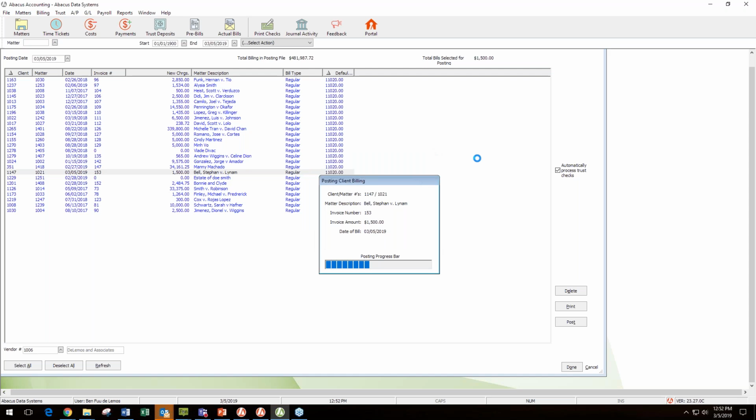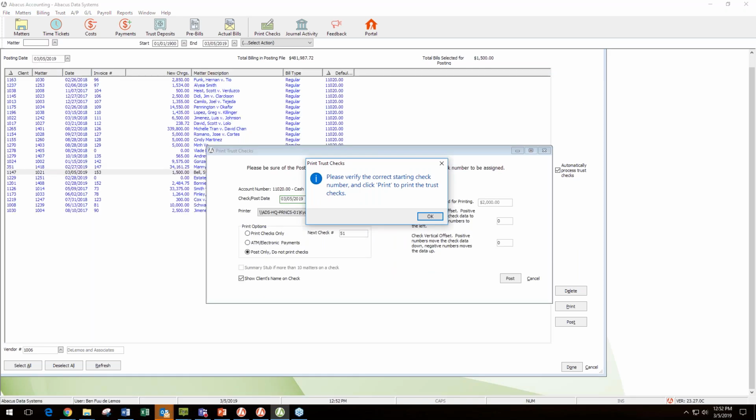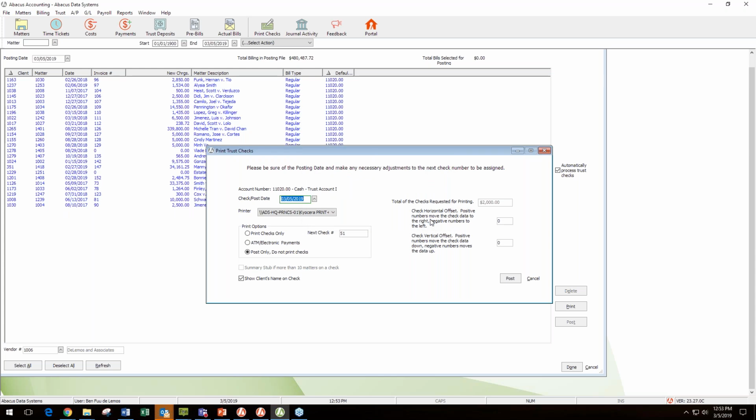So when I do that, what is actually happening? Well, Abacus is doing this extra step for you. So it's saving you a step or two. What is the step that it's saving you? It's actually going to take the money out of trust and place it in your operating account in Abacus, right? So this is saying, please verify the correct starting check number and click print to print the trust checks. This is, of course, if you're using the trust, as you're printing trust out of Abacus, you have the option to